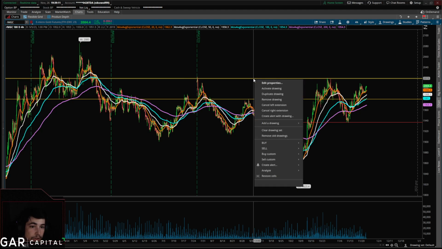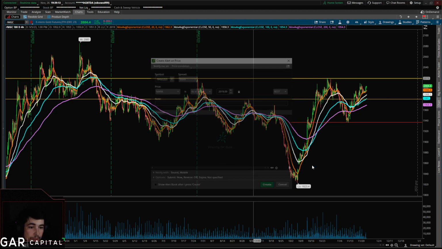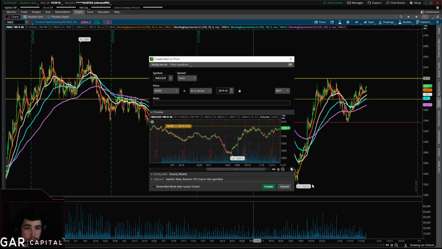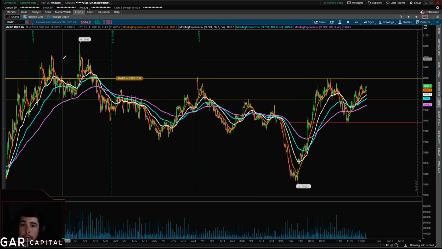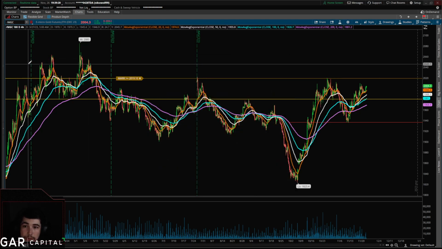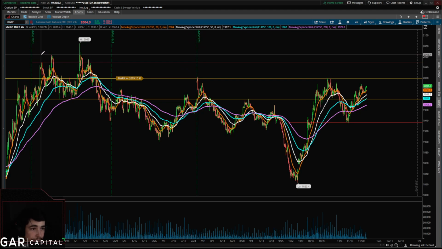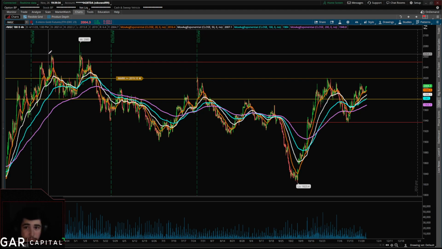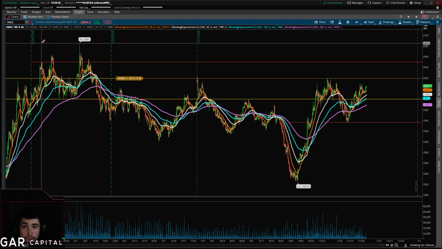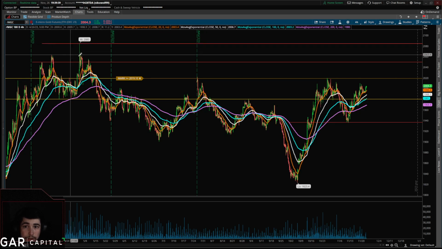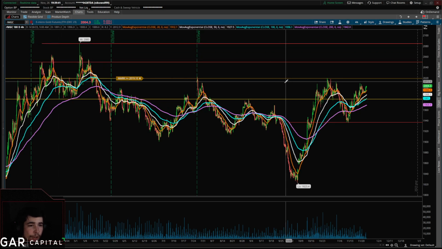So let's set our alert at 2019.10 to the upside. 2019.10 at or above. And when we get a break of that, I think a reasonable first take profit for us would be 2045. 2045, maybe even 2050. I'm looking at this area right here. I'm going to mark this off. I'm going to leave 2063 alone and I'm going to mark off 2085 for now. So this would be probably our first target.